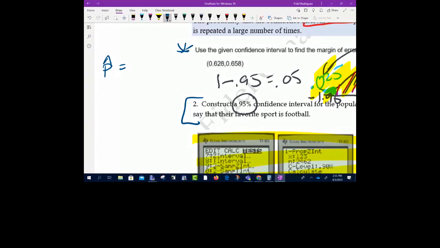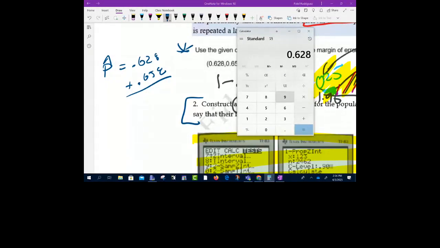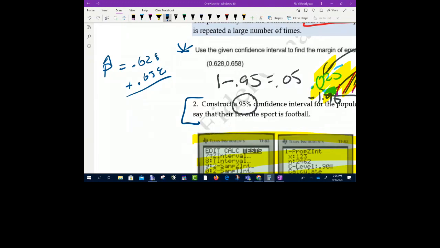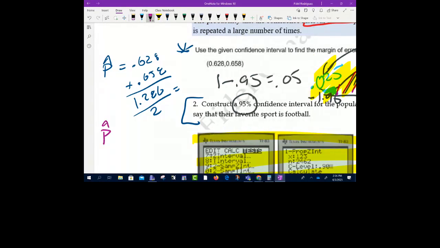The way we're going to find our p hat, y'all, we're going to add those 2 endpoints. So 0.628 and 0.658, we're going to add those numbers together. So 0.628 plus 0.658 is 1.286. And now we're going to divide it by 2. Let's divide it by 2: 0.643. Okay, so here is my p hat,